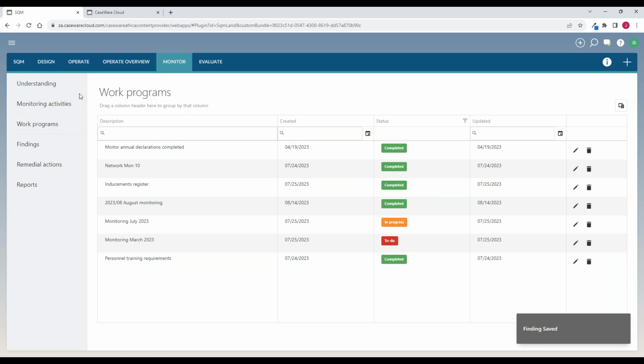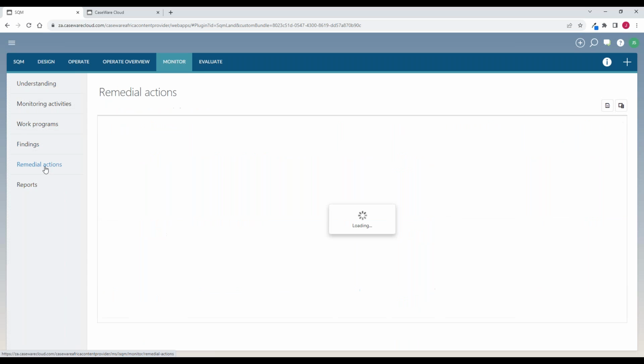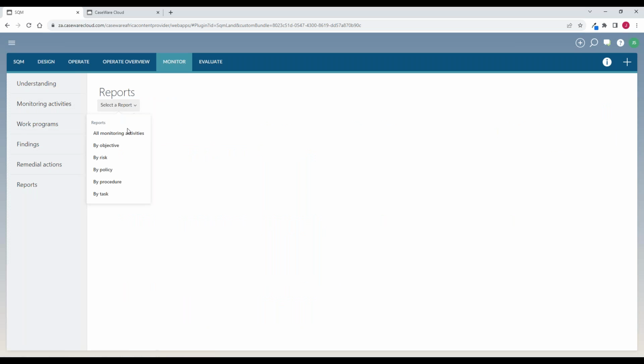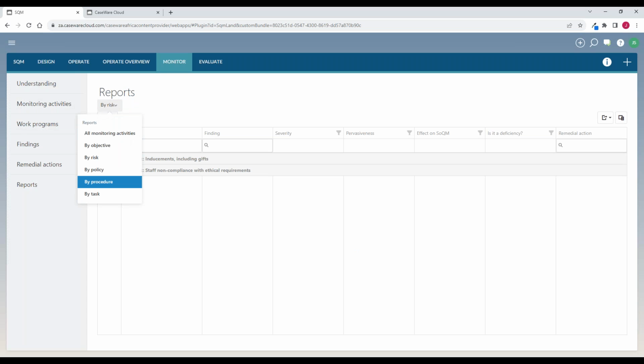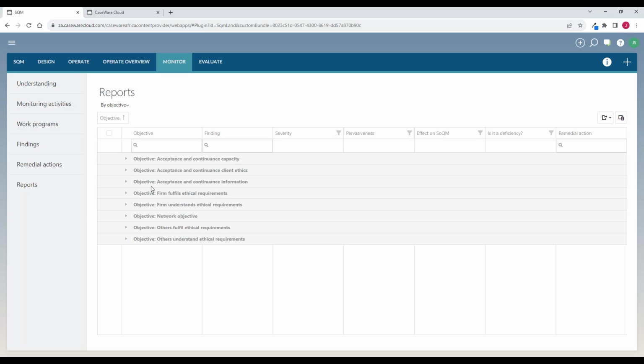I'm going to just close these work programs. On the monitoring side, the findings are then all in a table for you. Nicely, you can export and have it for your reporting to your managing partners, to your external persons, etc. We also have a table for remedial actions where you can see everything that needs to be there. And you could even generate reports for all monitoring activities by specific risks. You can have it by procedure, by objective, etc., as you wish. Now, I promised you to also